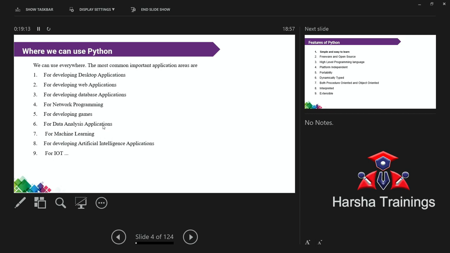For example, what is meant by machine learning? Actually, not only Python, you have to know the remaining things also. What do you mean by machine learning? Machine understands the language, exactly. How does the machine understand the language? By cameras and speakers, that is another thing. Here we have to speak in terms of software.